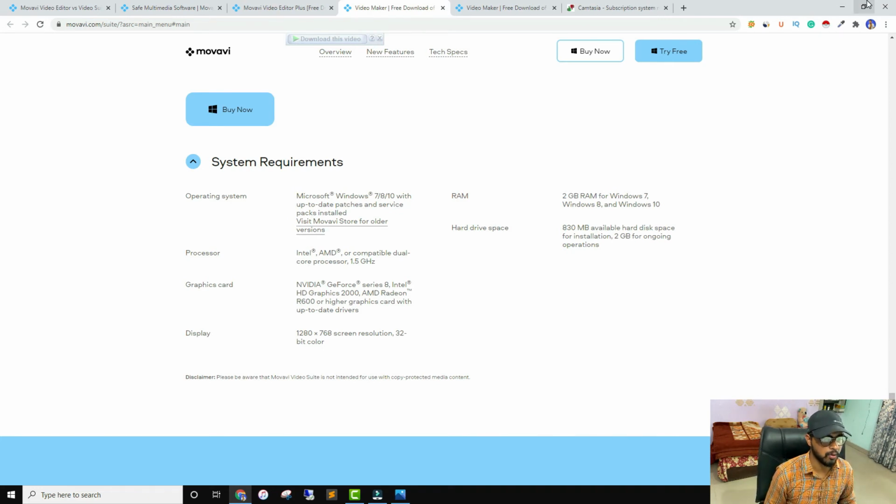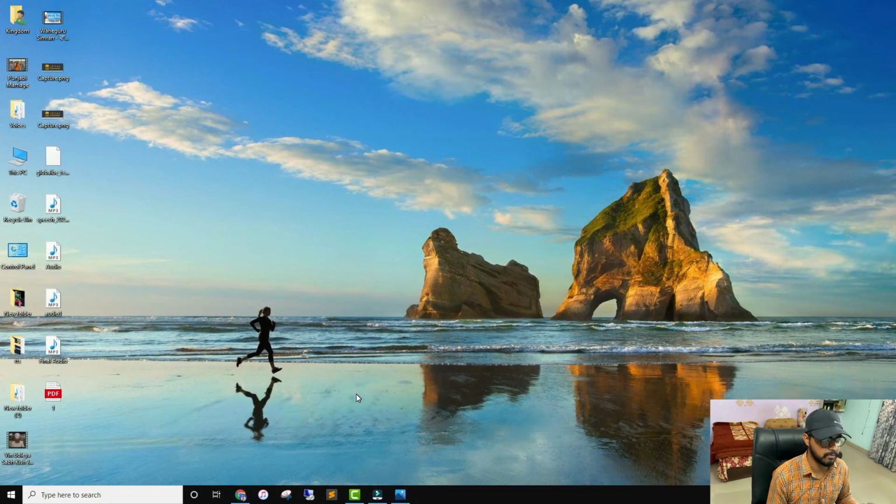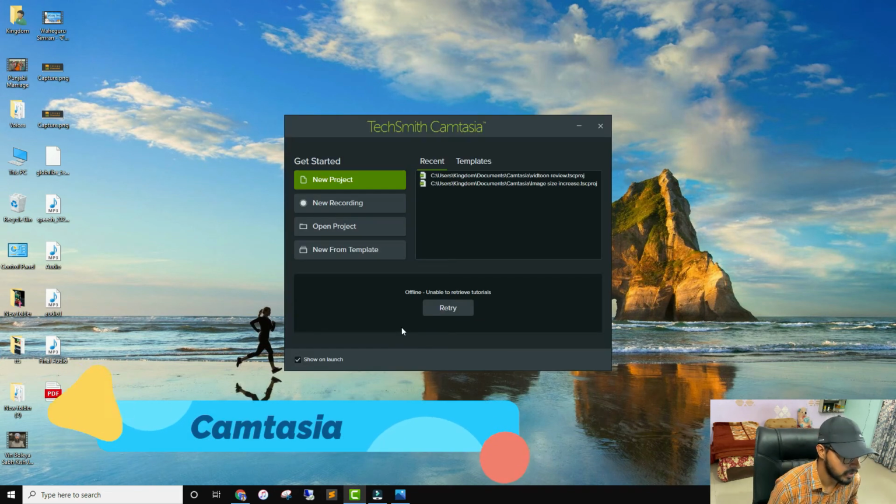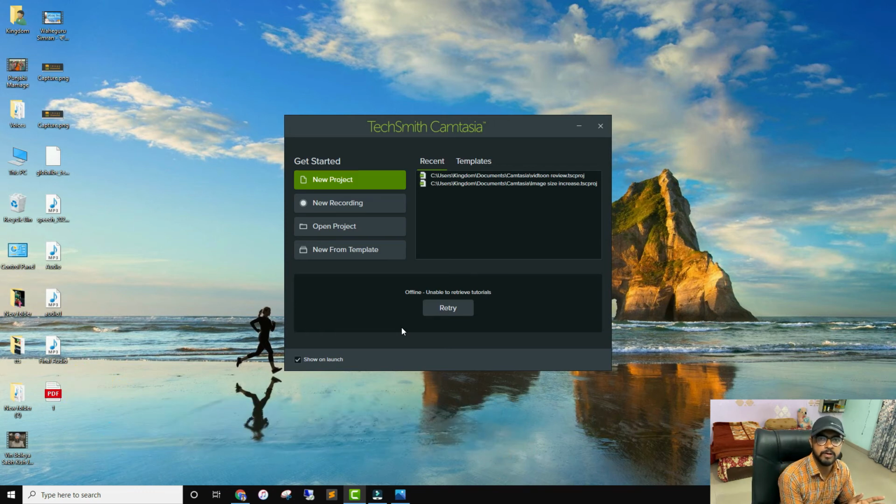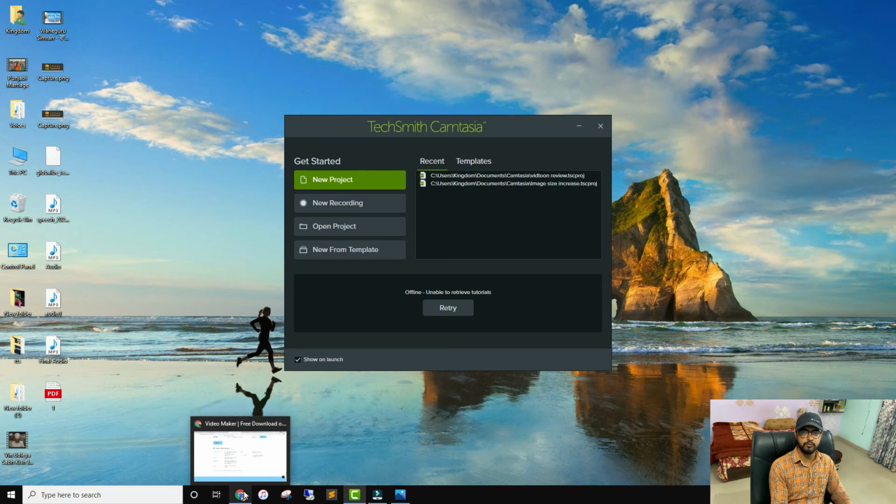All right, now let's talk about the last video editor that I've been using for a couple of weeks, that is Camtasia. Okay, from TechSmith, probably you already know about Camtasia. You know, it has existed in the market for a very long time. So Camtasia is I think one of the best video editors, and it requires 4 GB of RAM. However, for the best performance you can go with 8 GB of RAM. I think with 4 GB of RAM you are still able to edit your videos perfectly.